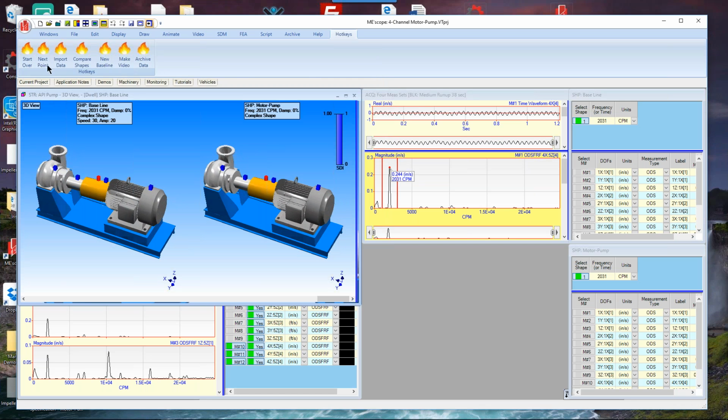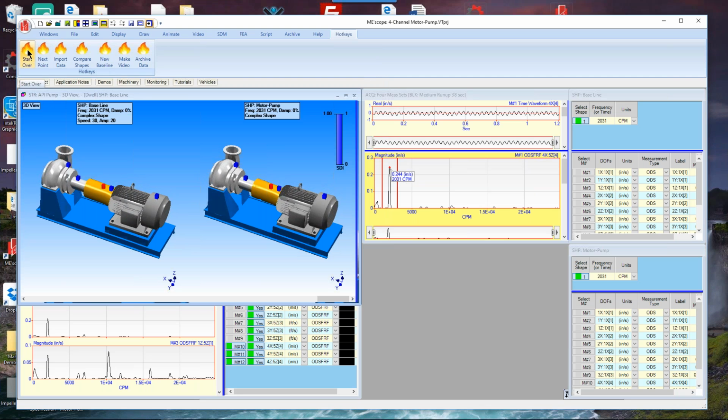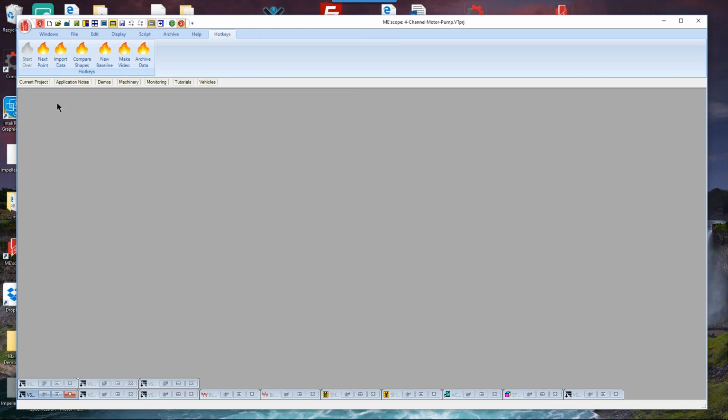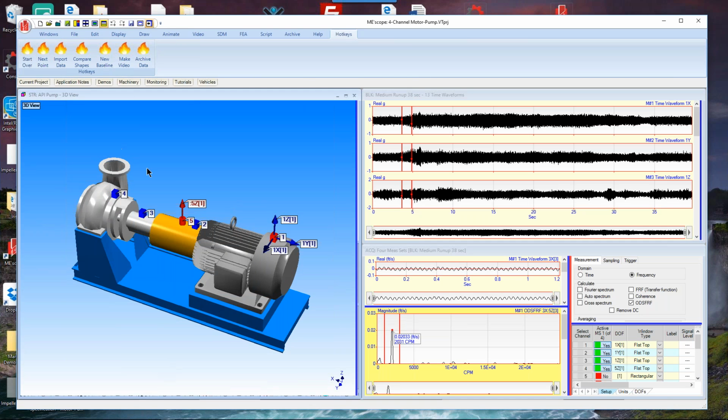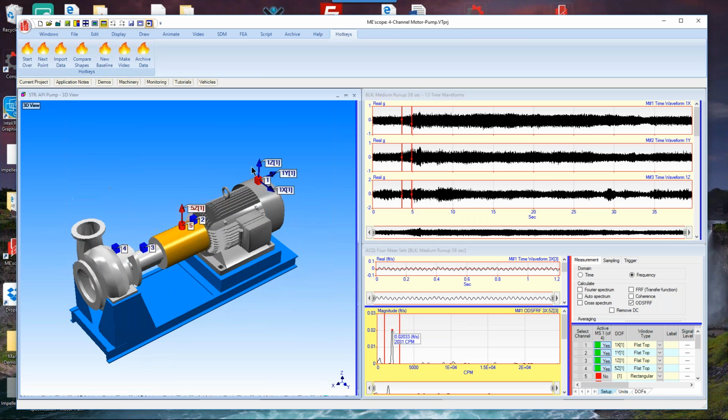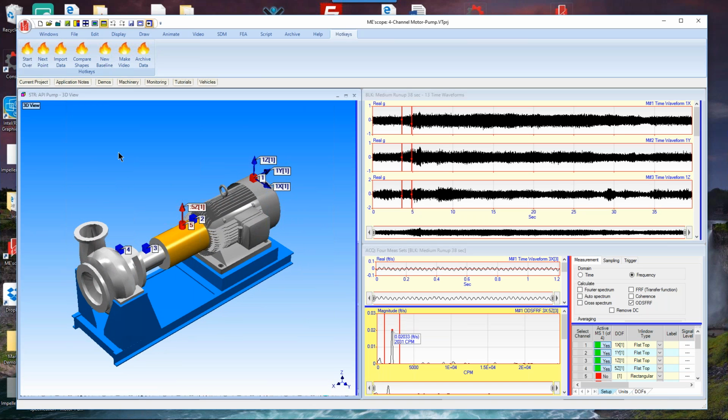So I'm going to go back here and push the first hotkey, and that's going to execute a script. And basically, here's what it did. Now that script, we'll maybe get into looking at some of these scripts. This is a standard part of MEscope now. A script is just a spreadsheet of MEscope commands. And of course, the first command here rearranged all the windows so that I can just look at a few